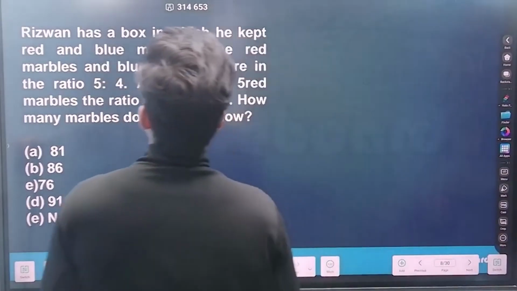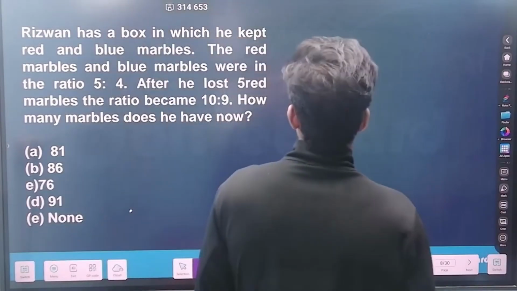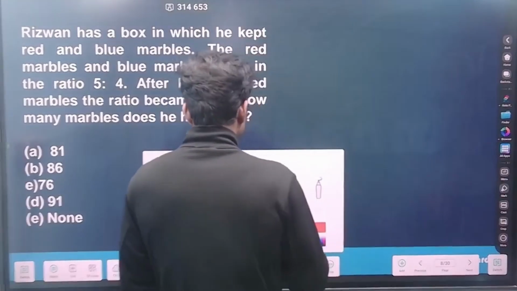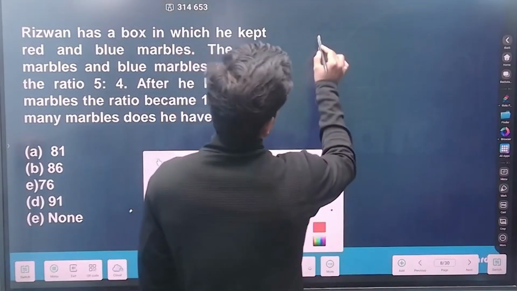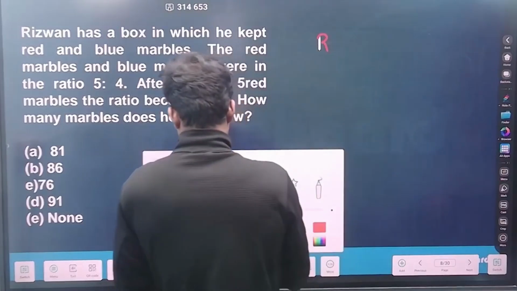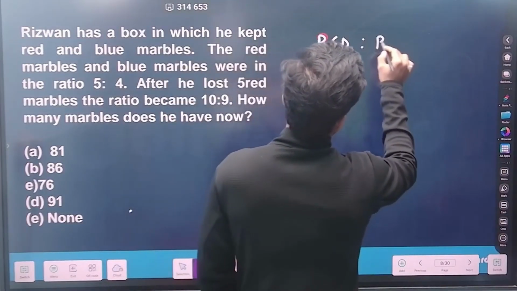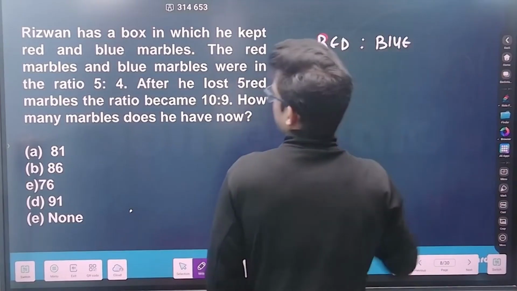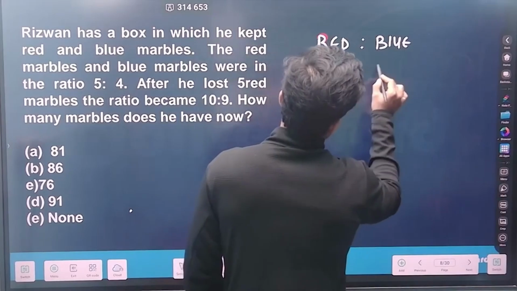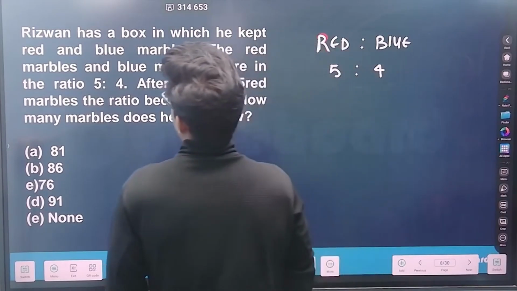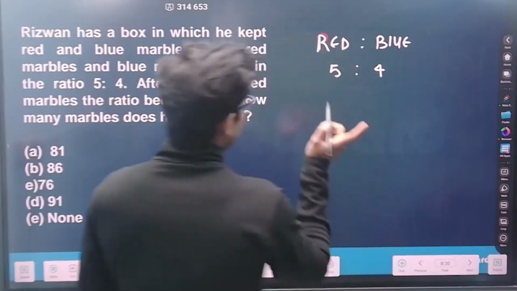Rizwan has a box in which he kept red and blue marbles. The red marbles and blue marbles were in the ratio 5:4. So I would write the red marbles and blue marbles are in the ratio 5 is to 4. After he lost 5 red marbles, the ratio becomes